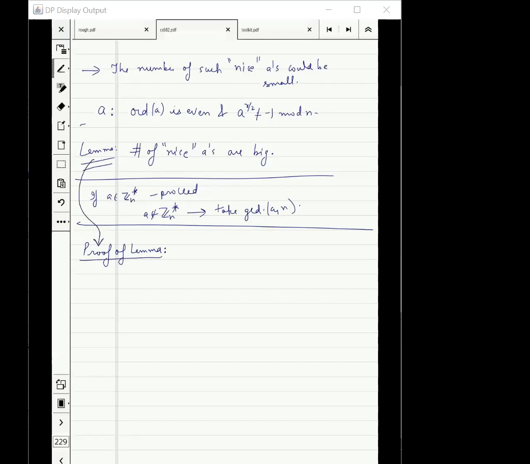Sir, I have a question. Under the scheme that we have discussed so far, isn't it a randomized reduction from the problem of factorization to order finding? Yes, that is true. But sir, we promised that the reduction would be non-randomized, right? No, we didn't promise that. I just didn't specify it clearly.